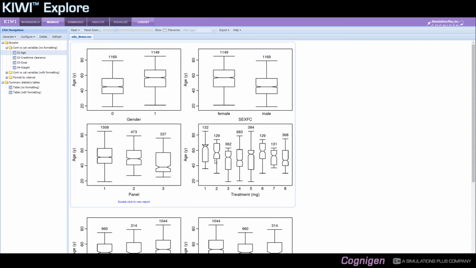Panel and treatment are also numerical values: 1, 2, 3, 1, 2, 3, 4, 5, 6, 7, 8. Interestingly enough, the variable label and units for treatment is treatment milligram, but those values do not represent milligram doses, but just an index or categories of treatment. If I show the same plots in which I apply data formatting,